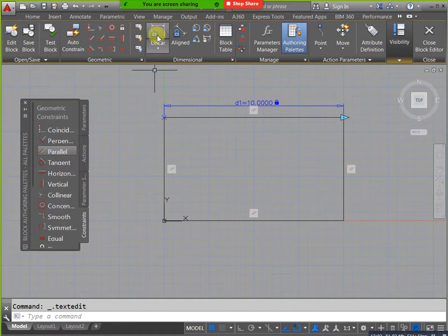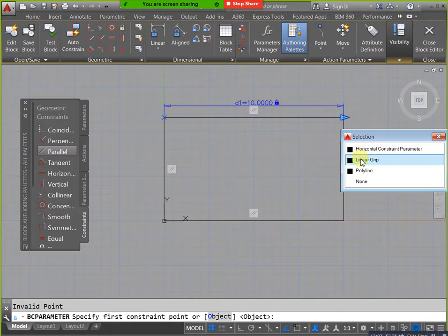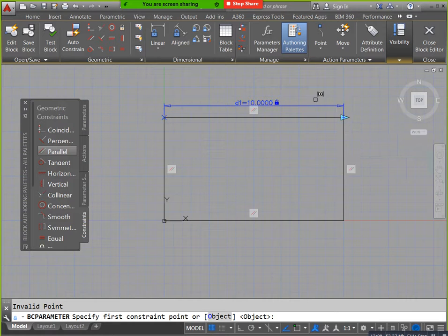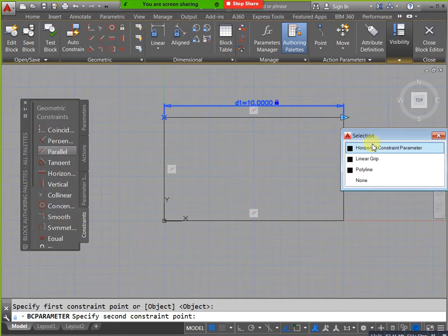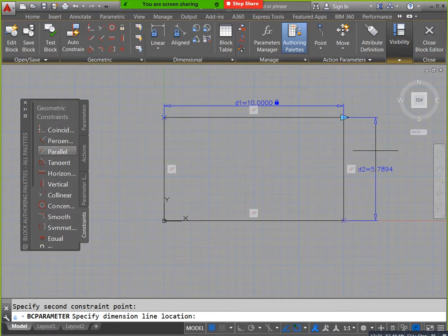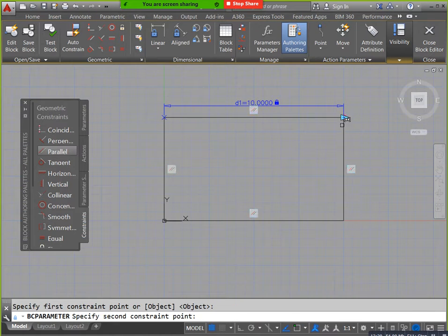For example, if you need to use a new project now, if you need to edit this one, you can apply 10 again. Close now.